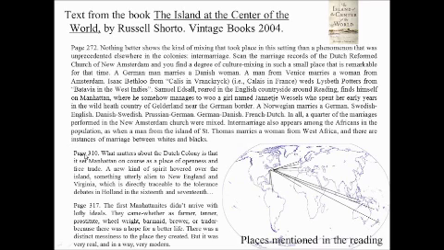Page 310. What matters about the Dutch colony is that it set Manhattan on a course as a place of openness and free trade. A new kind of spirit hovered over the island, something utterly alien to New England and Virginia, which is directly traceable to the tolerance debates in Holland in the 16th and 17th